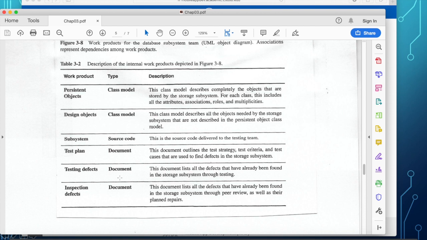So these are output by a team towards the development of the software. So that defines work products. So you, as a team, should define your work products. What are the outputs of your team in terms of work products? And in what form could the work product be? It could be a document, it could be source code, or it could be a UML diagram as the work product.